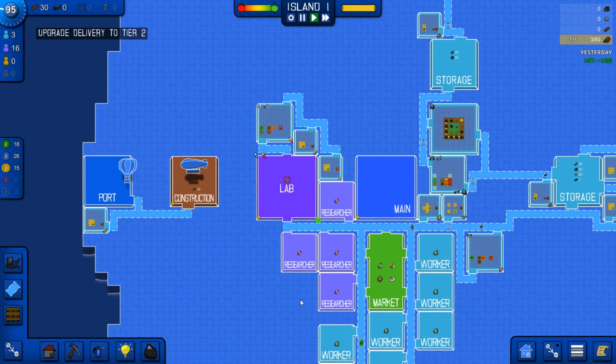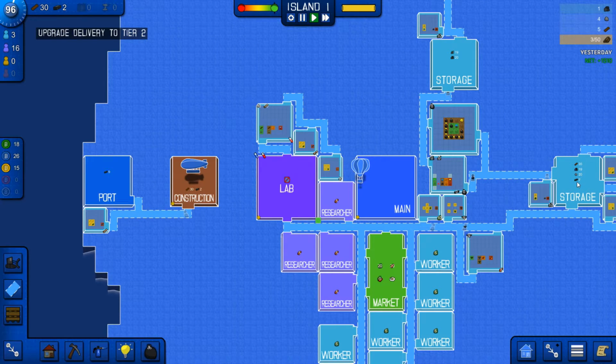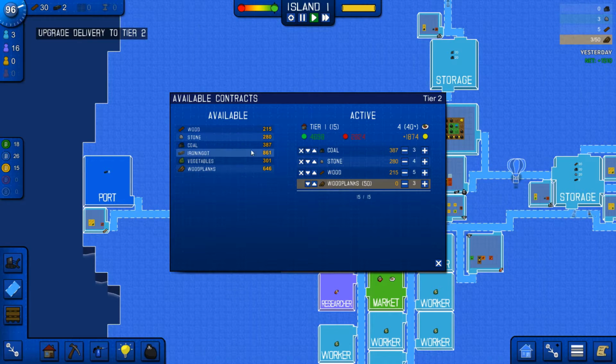We need to watch this guy because I don't know how much you can store in your port, and I don't want him moving all of the iron ingots because I want some of those to be able to go out to satisfy these other contracts. Now, I don't need to worry about that too much at the moment because our net income is still plenty to cover our expenses, but we need to keep an eye on that because as we build these more expensive buildings,